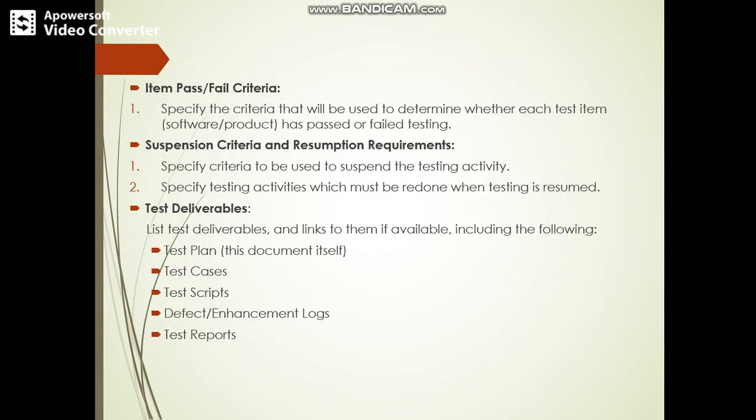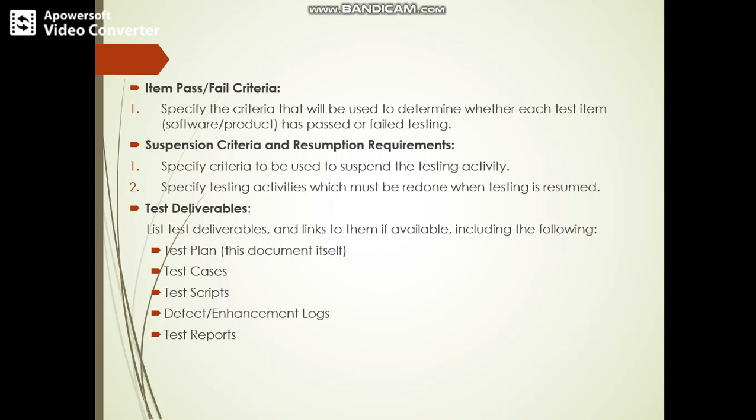Okay. Next one, you want to define the pass and fail criteria. As per the specification, you have the specification document in your hand, so you want to define the passing and failing criteria in the test plan. Again, we studied about the criteria. Three criteria are there: entry criteria, suspension criteria, and exit criteria. So you want to define when to do entry, when the testing is suspended, or when to stop the testing. You want to define all these criteria in the test plan.